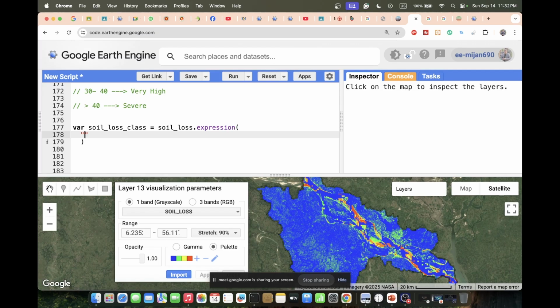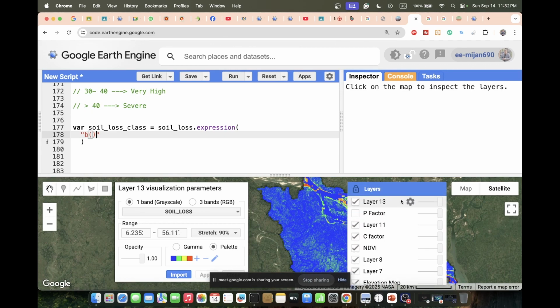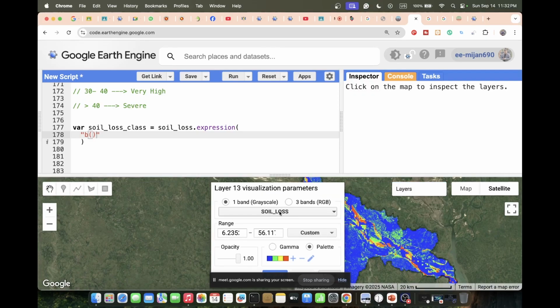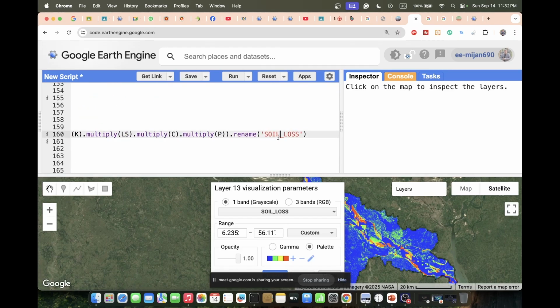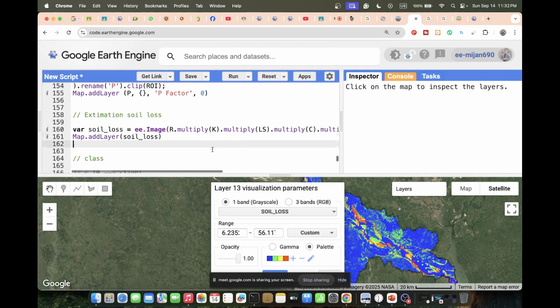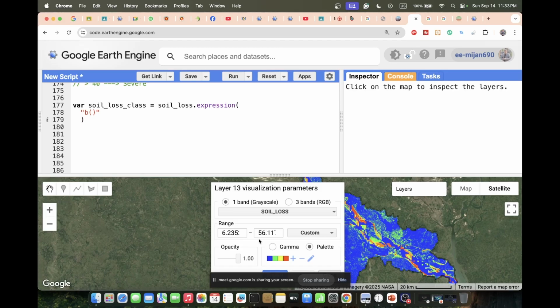Suppose I put here B, mainly band. So this B means the band. I simply choose the band name from soil loss. This is my band name, because I put the rename. So I simply set that band name, because this band stores this type of soil loss information. I simply paste it here. Okay, simply choose the band soil loss